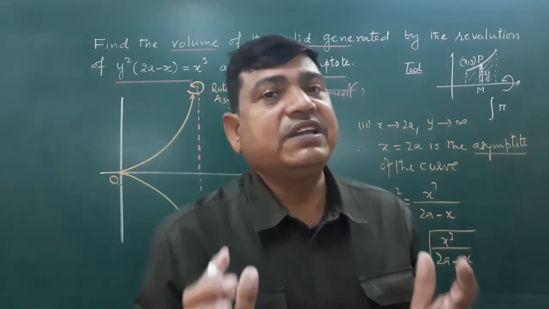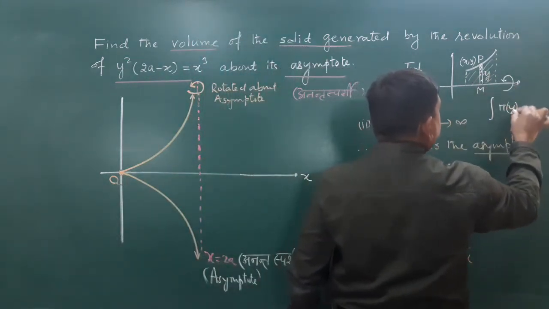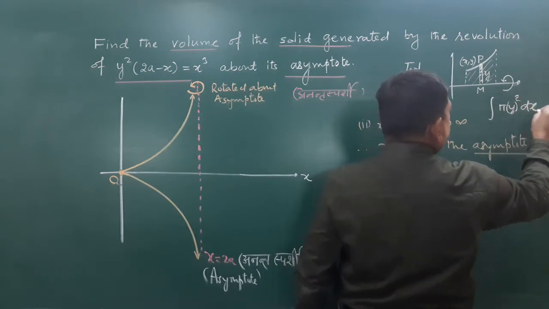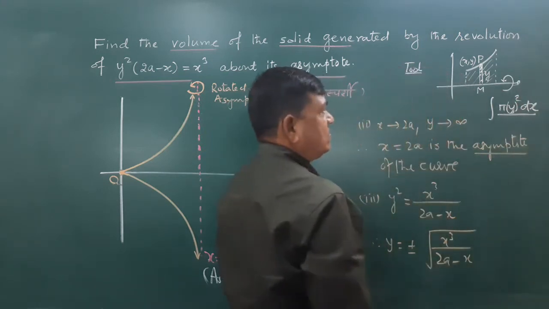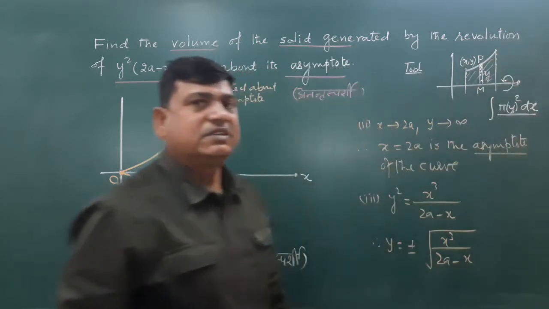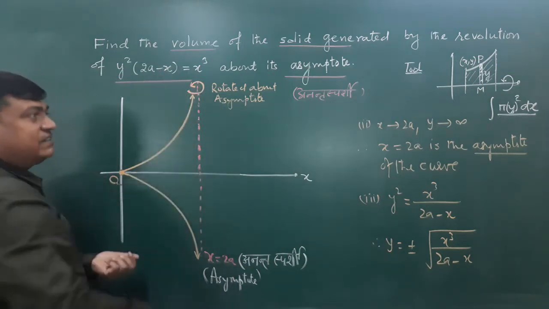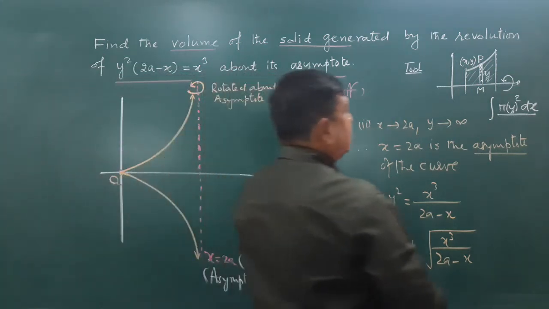जो पट्टी बनी, जो डिस्क बनी है, वो सर्कुलर होगी और उसके बेस का जो एरिया होता है दैट इज पाई आर स्क्वायर। सो पाई जो है या रेडियस दैट इज पाई वाई स्क्वायर, और एक्स एक्सिस के रेस्पेक्ट में है इसलिए dx, और x के लिमिट जो है वो यहाँ से यहाँ तक। दिस इज द बेसिक वन।